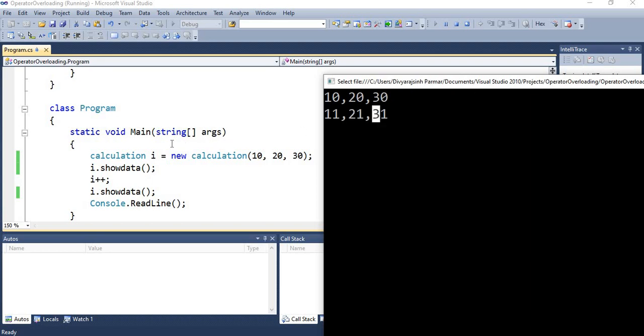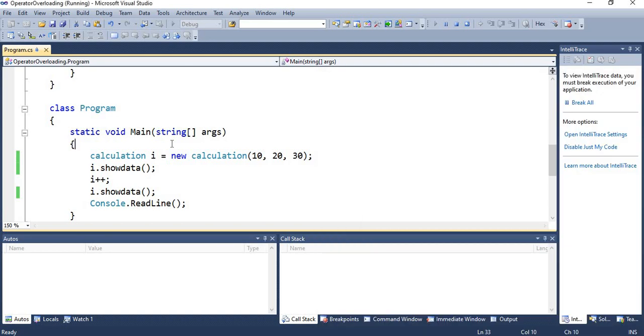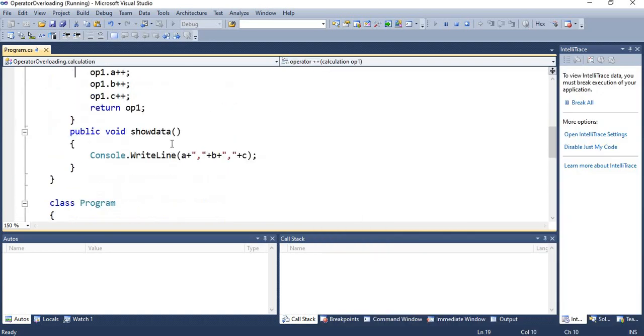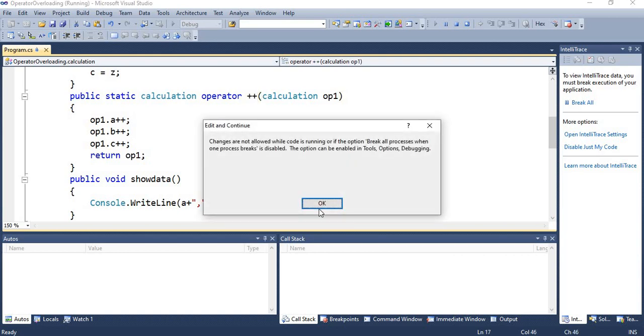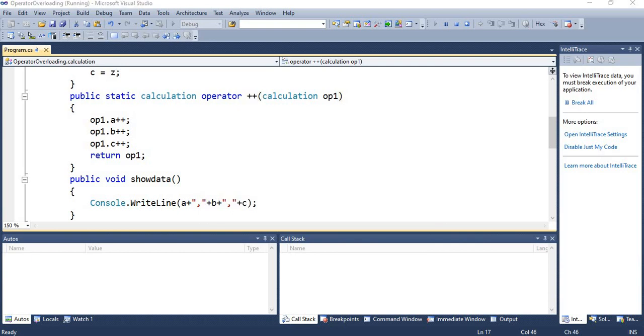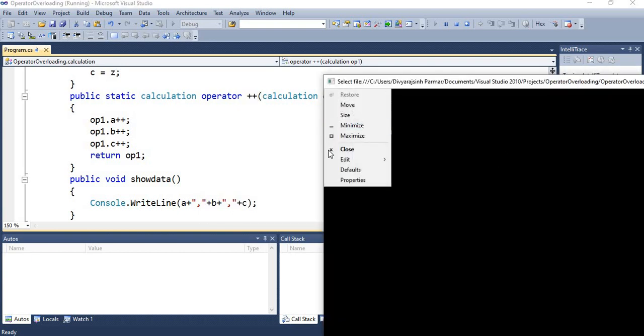Likewise you can use operator overloading. Here the plus plus sign's concept is to increment the value, but we can also change its meaning.